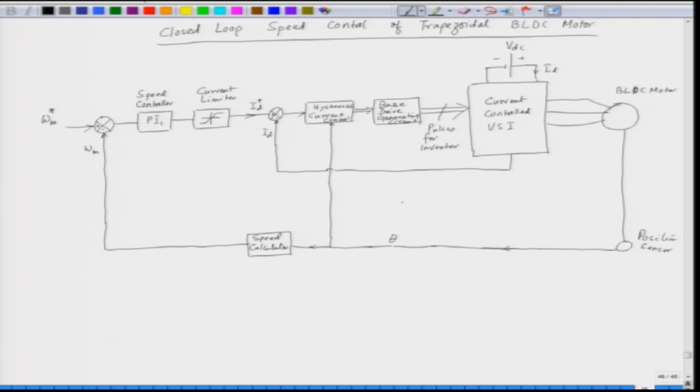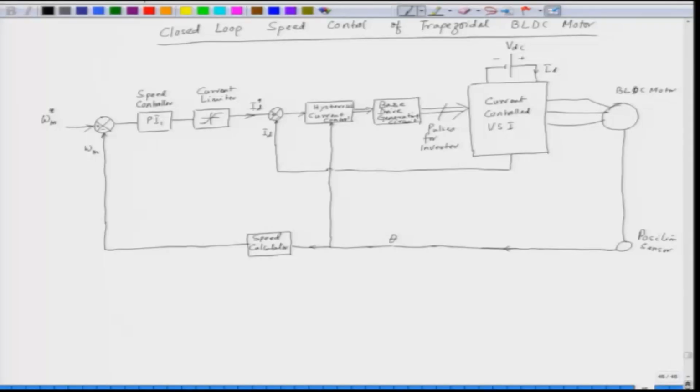So, when we have a speed error, the speed error gives rise to the reference current. So, we have a reference current here which is obtained from the speed error, and then this is used with a hysteresis current controller. The actual ID is being compared with this, because this decides the torque. So, if you want to increase the torque, we have to increase this ID, and hence this is controlled within a hysteresis band. And then the inverter switches are controlled with a position feedback. So, this is also a self controlled drive.